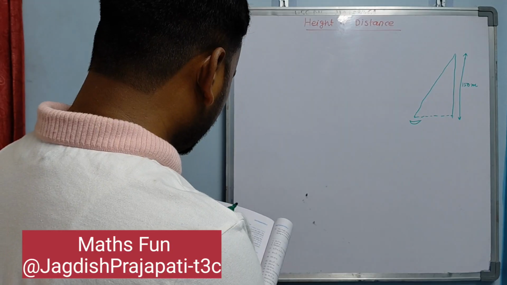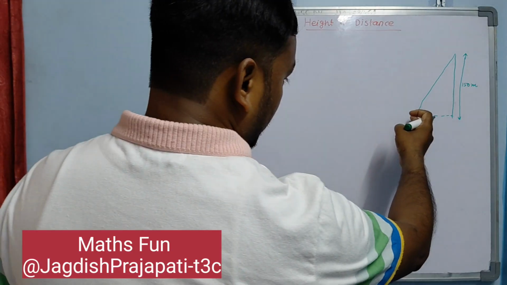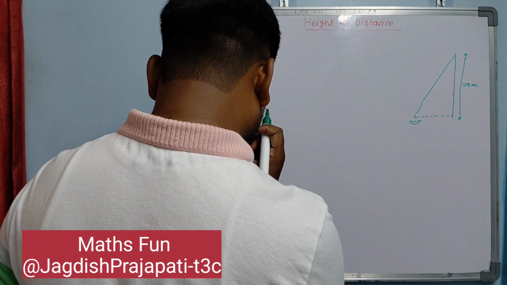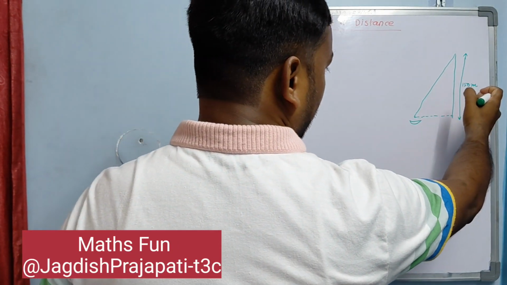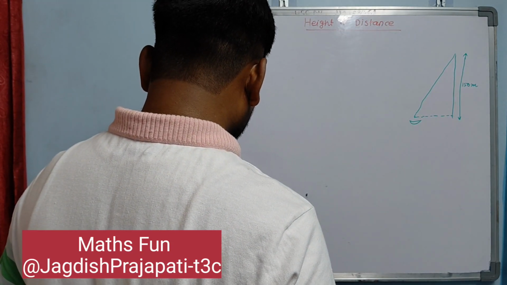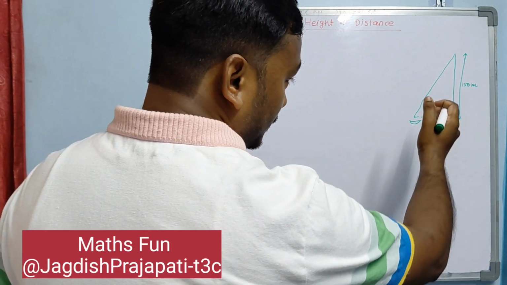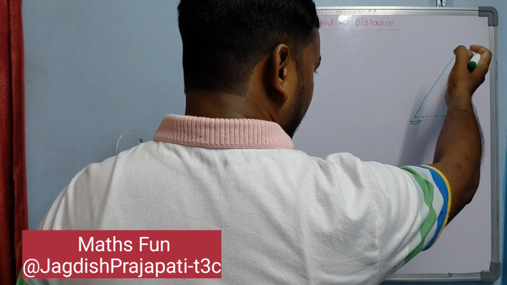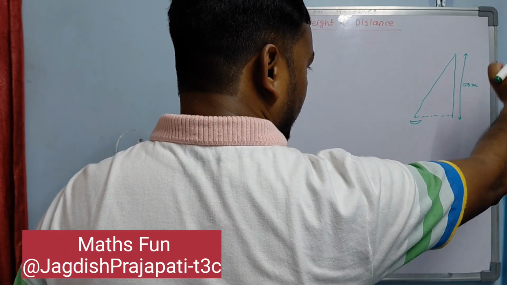A moving boat is observed from the top of a 150-meter high cliff, moving away from the cliff. So it is moving away in this direction. We can try here also, no issue, but since there is no place, I am writing in this way. It is not approaching toward the cliff; it is moving away from the cliff. If you are drawing the figure on this right hand side, the boat will move in this way.